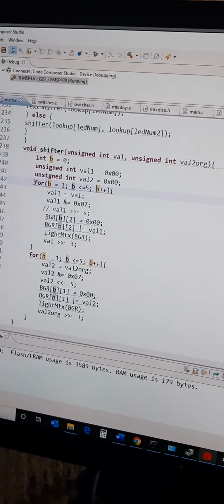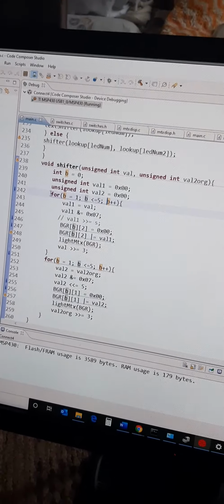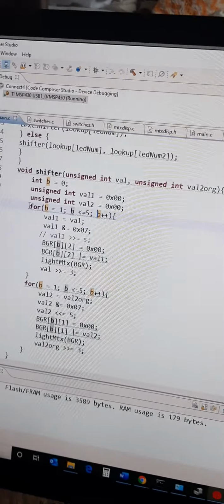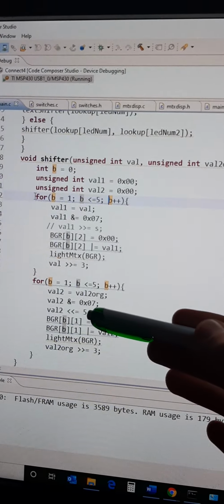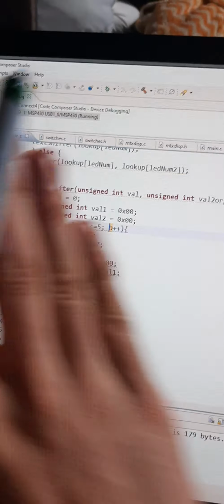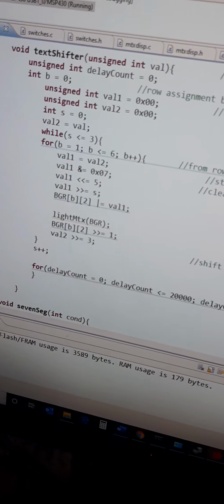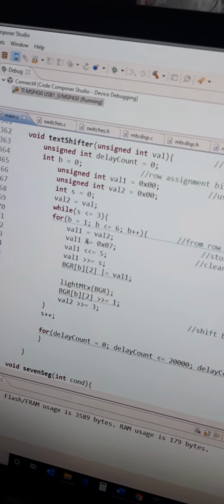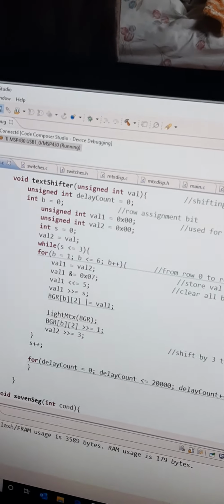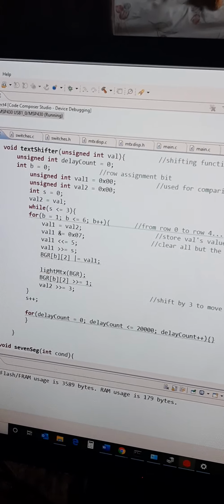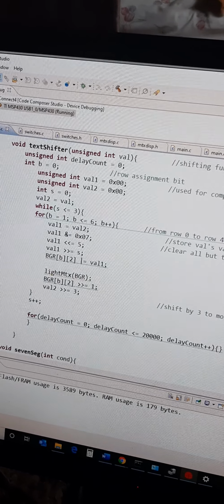Anyways, that's the stack, the text display. And literally the only difference between the two things is one of them is not shifted, the other one is shifted. So you'll notice one of them is on one side, the other is on the other side. So anyways, now moving on to the moving text, and I called it text shifter. Now, the differences between this function and the other function